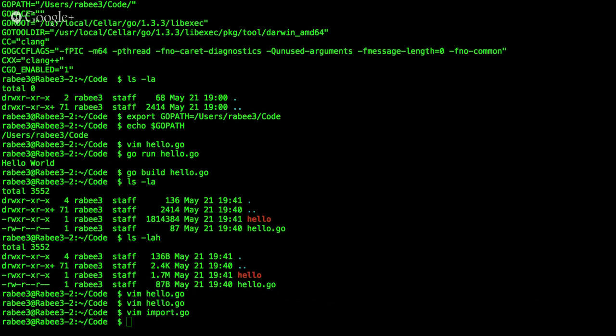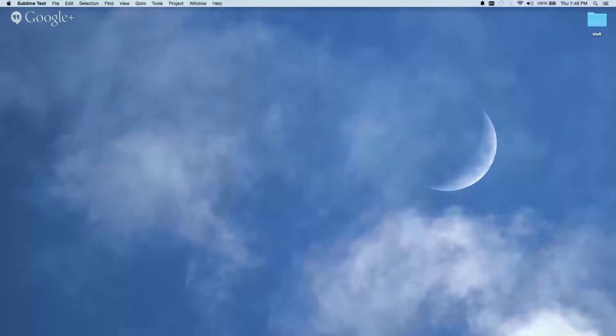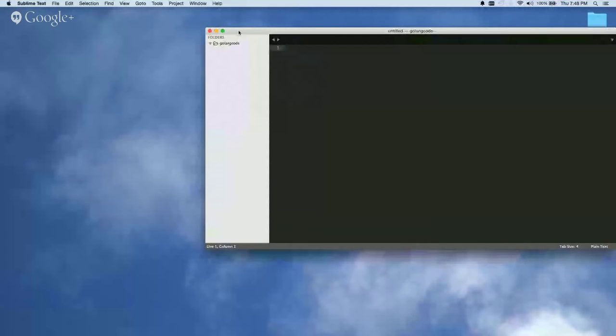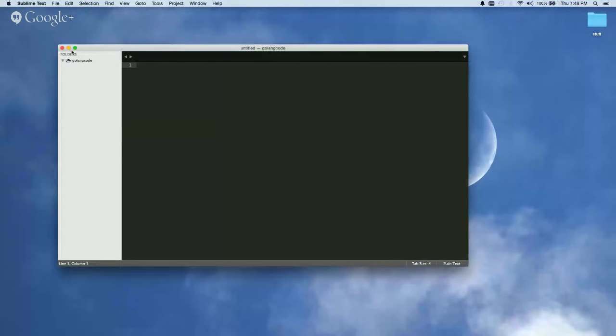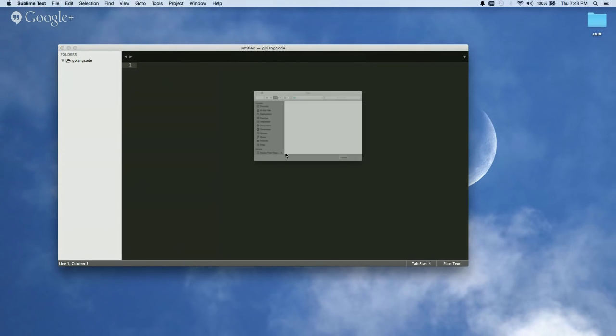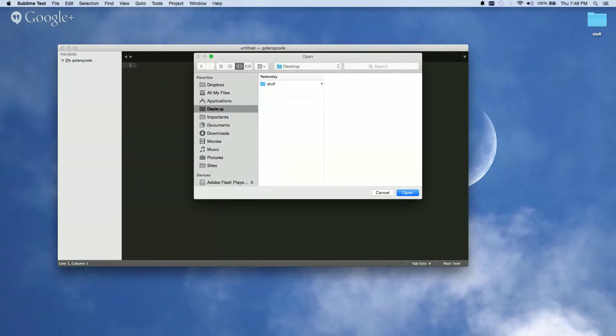Just give me one second. So yeah. So if we open our Go path right here. So again, mainly just while I set this up,